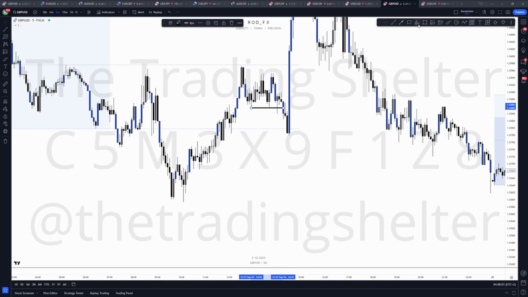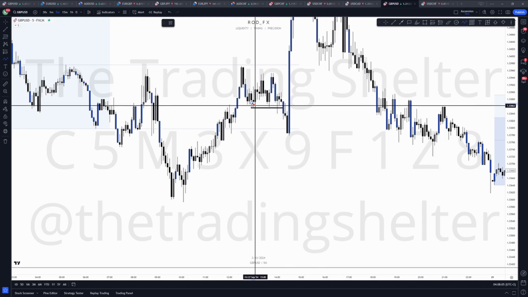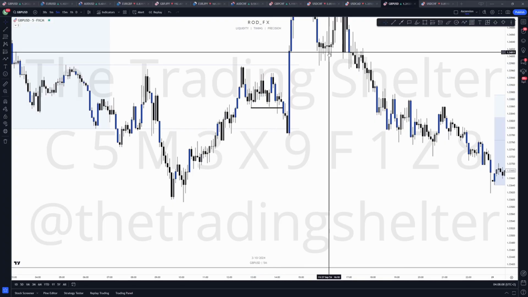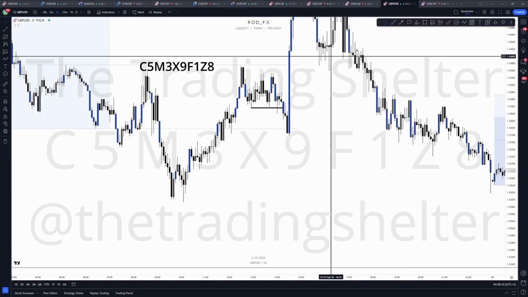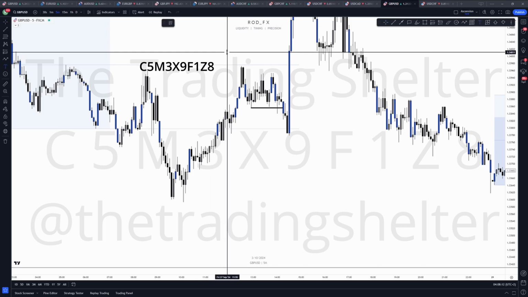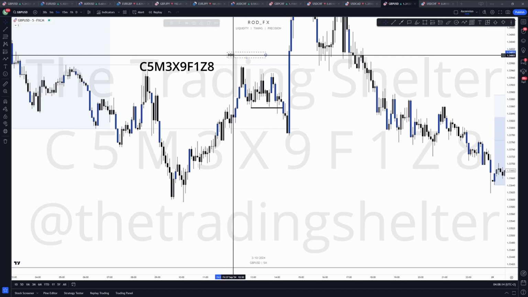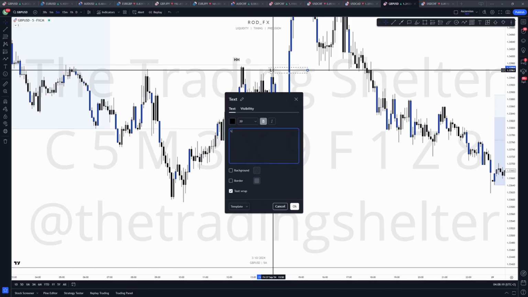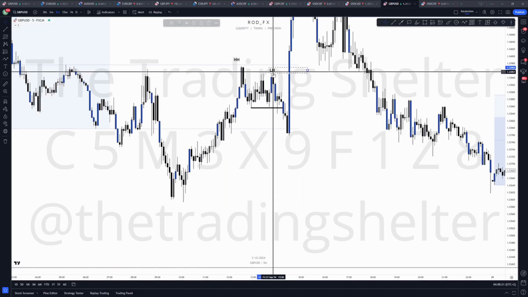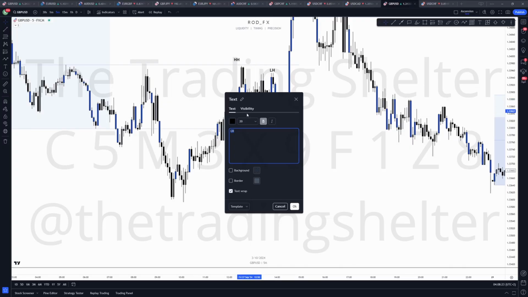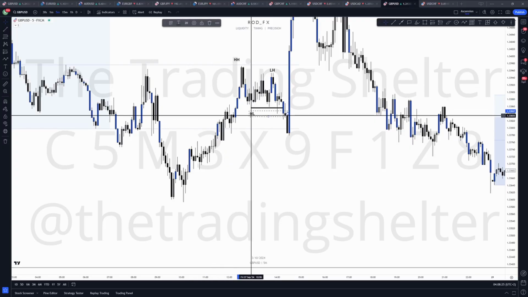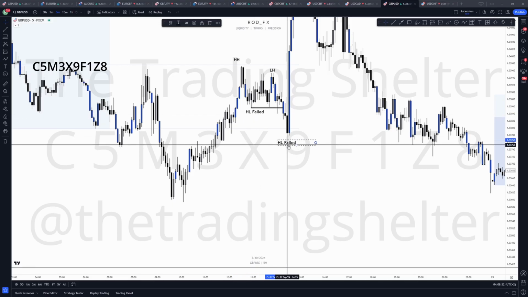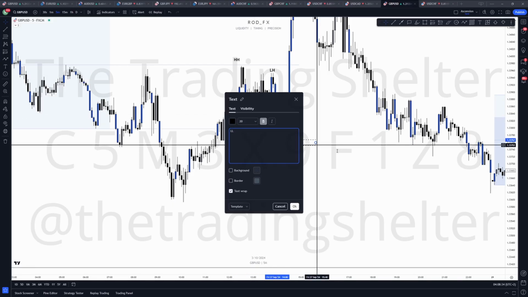So, as you guys can see here, this internal. Why is it an internal false break of structure? Simple. It hasn't made a new high. Remember what we discussed. This is the higher high. Right? This now becomes a lower high. Right? This fails to make a higher low. Failed. Failed. What is this now? It is now a lower low, right?